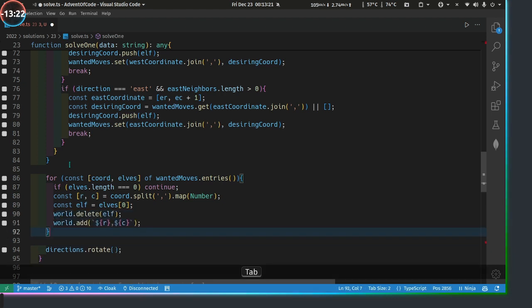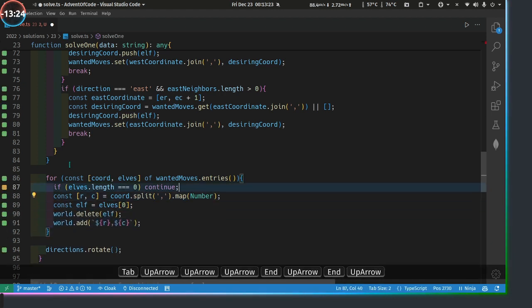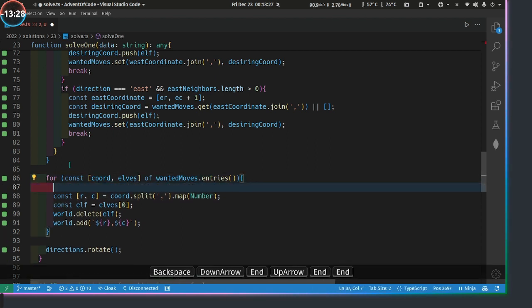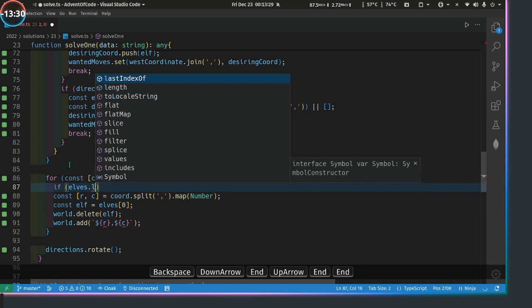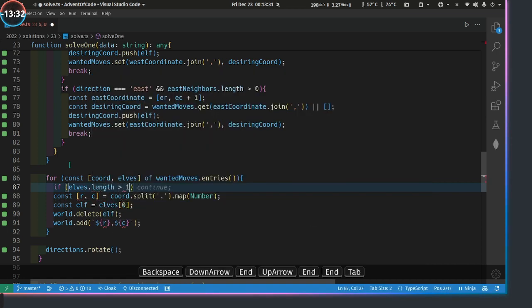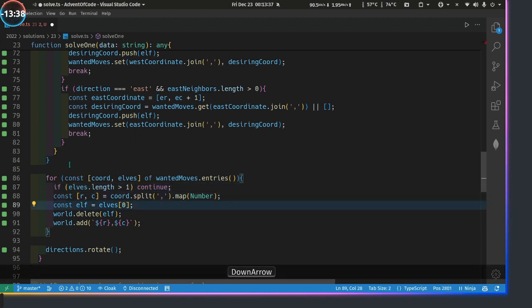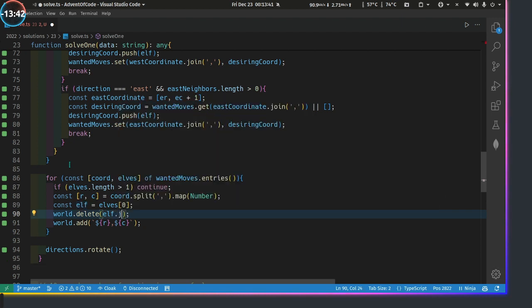That's also not going to happen. Okay, great. So, yeah, that's not a thing right there. We're going to say if elves.length greater than 1, continue. Because if there's more than 1, then they suck it. Otherwise, pull out the coordinate, pull out the elf, move the elf from its old position, which is supposed to